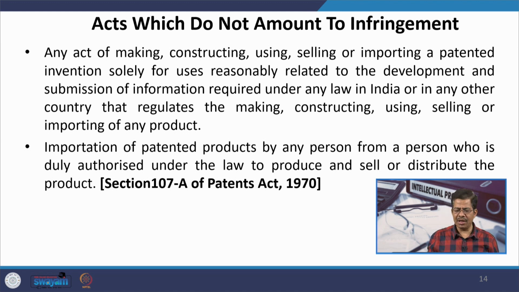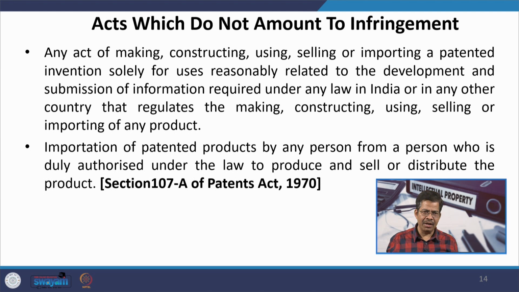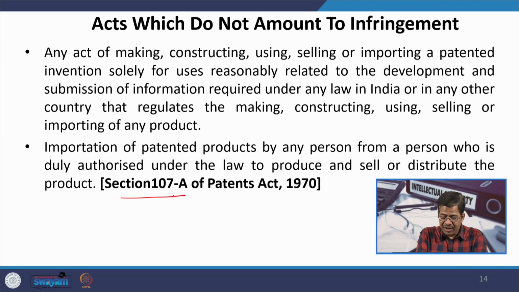If it is giving me some kind of commercial benefit, yes, I have infringed the IP, but if it is not giving me any commercial benefit, then it will be difficult to sue me in the court because of the developmental R&D activities which I want to do using this particular IP. So, you can actually use section 107A of the Indian Patent Act, which gives you the permission that you can